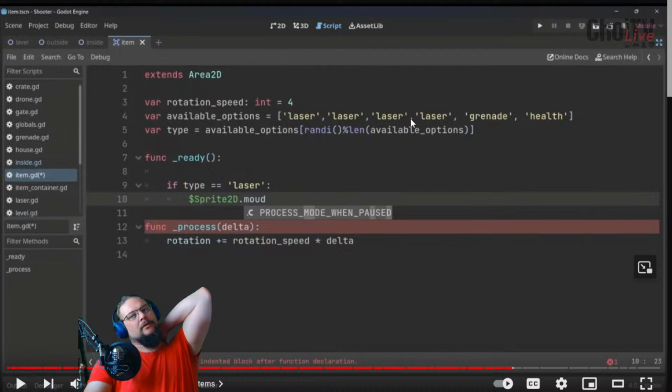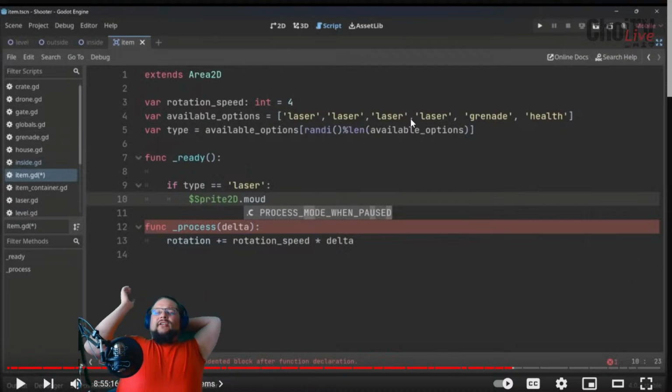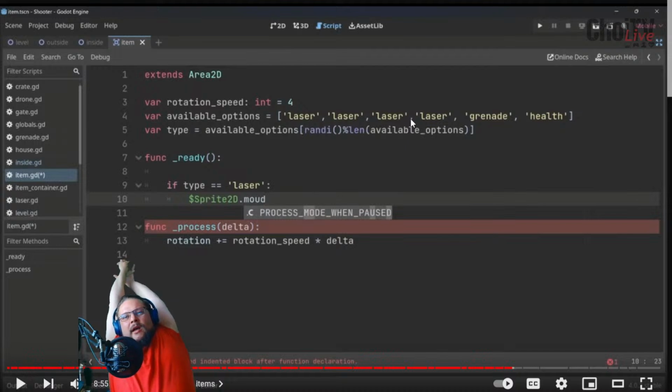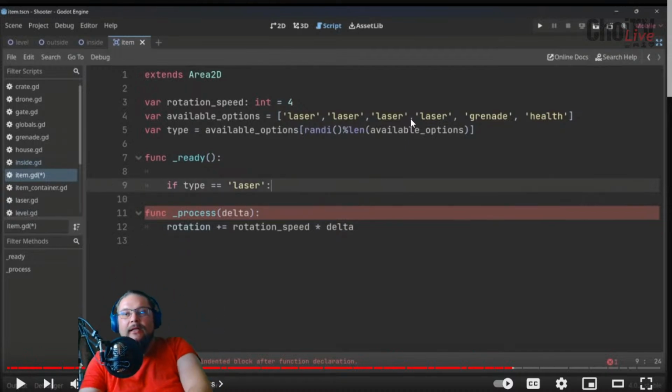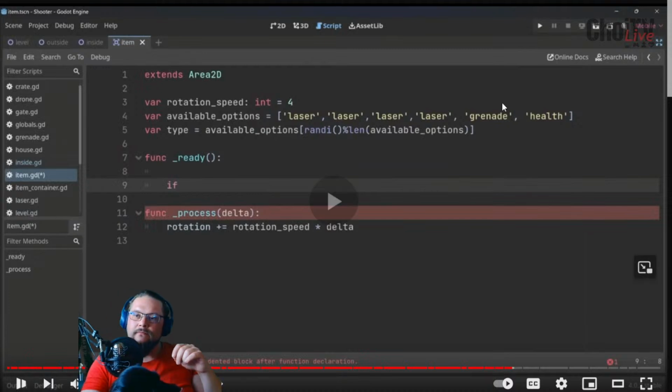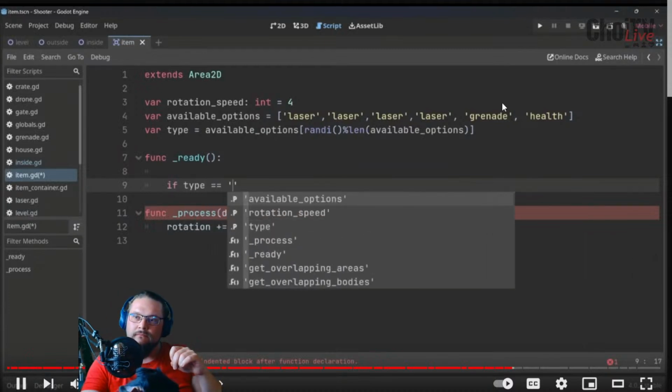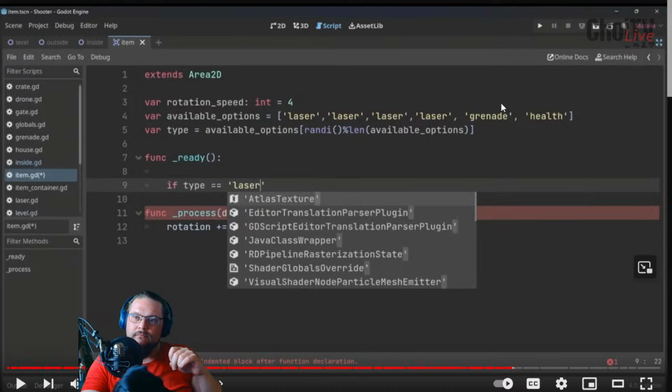Wait. I don't think it was very clear, and I saw that before the equal sign. I don't understand that. What does it say? If statement. So if the type is, for example, a... If type